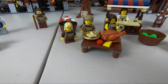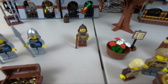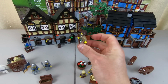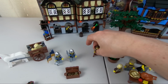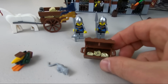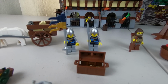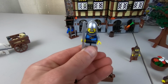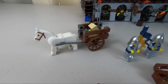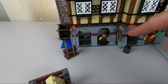We have, I assume this is a father or son out to market taking a look at things. Back here we have, I guess, the traveler. He looks like he's ready to fill up his pack here. Hopefully he can get something to bring back to his family. And then we have these two guards here that are transporting what looks like a chest of gold. I think the guard on the right also has a reversible face, a very loud expression going on with him. We have this horse and carriage hauling around some bales of hay. And finally we have our